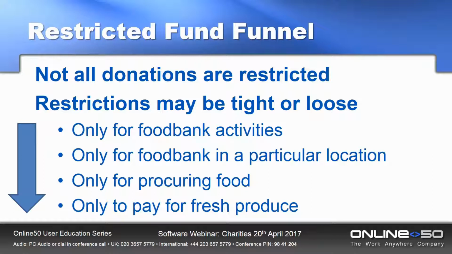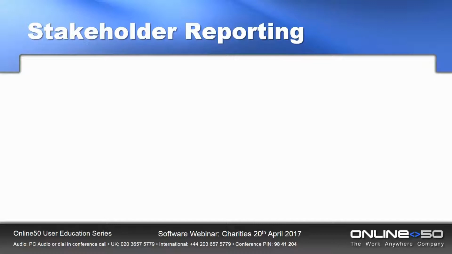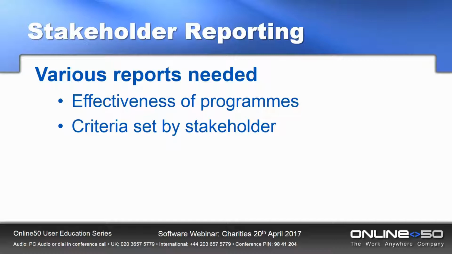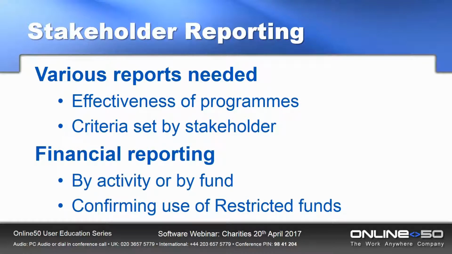That leads us into how we report back to stakeholders. Well, there's going to be various stakeholders involved in the charities, and they're going to need various reports. So what are they going to need? Some of those are going to be to do with the effectiveness of programs, which almost certainly go beyond the scope of the financial system. They're going to have various criteria that is going to be set by the stakeholder. And of course, there's also financial reporting. Now, that may only be internally, but increasingly